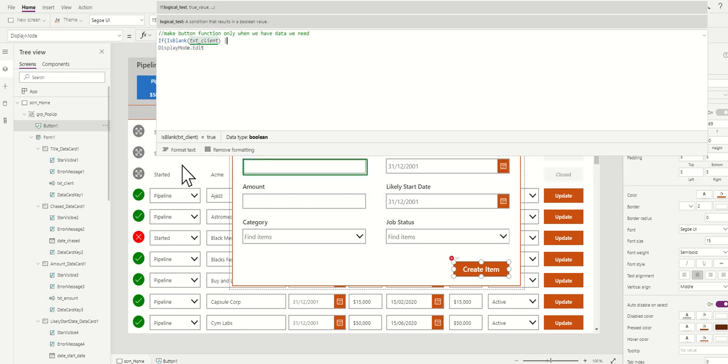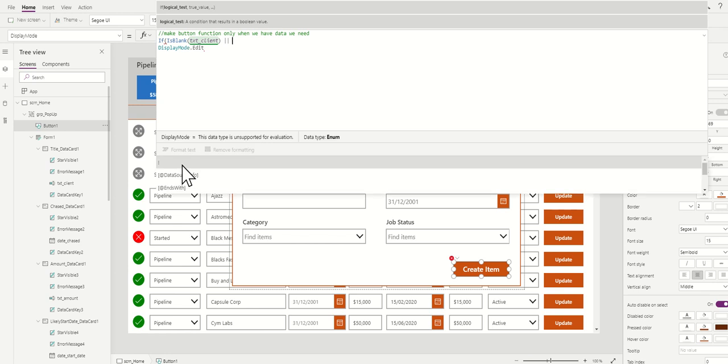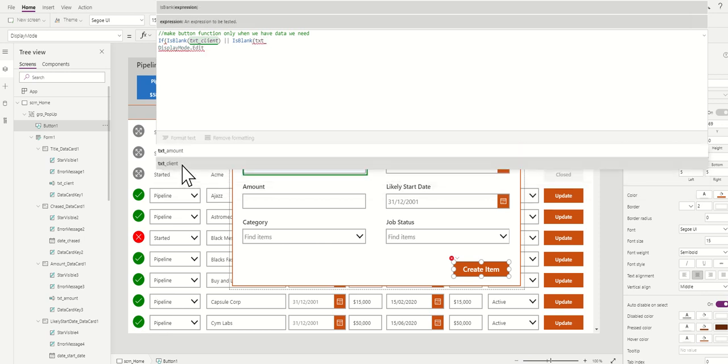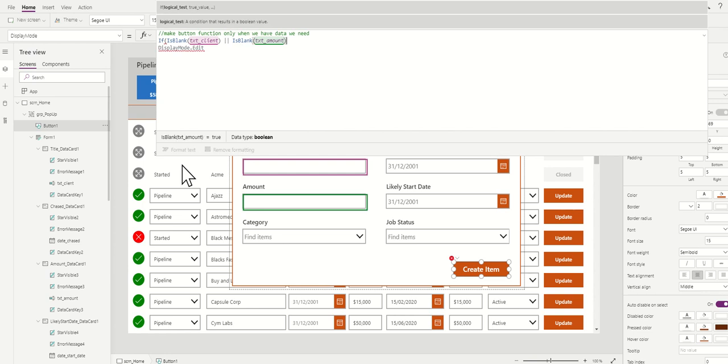So an or is a double pipe, or you can write or. So double pipe on your keyboard sits above the enter key on a New Zealand keyboard, and the US keyboard. So above your enter button, hold down shift, and it's just before the backslash. So that one. So we do another is blank, and then the next field we want to check for is amount. So those two, either of those blank, and then let's do